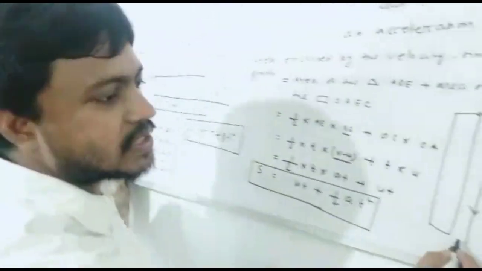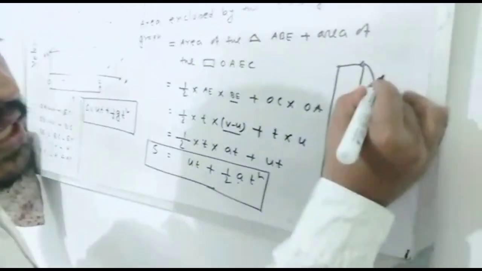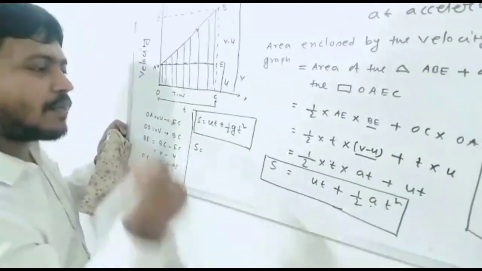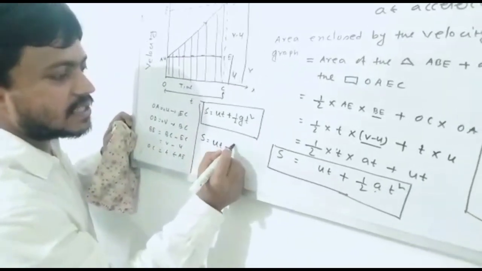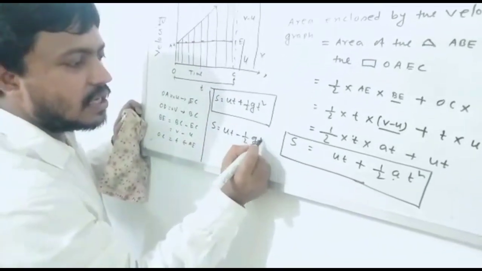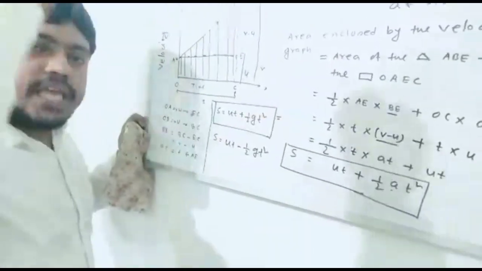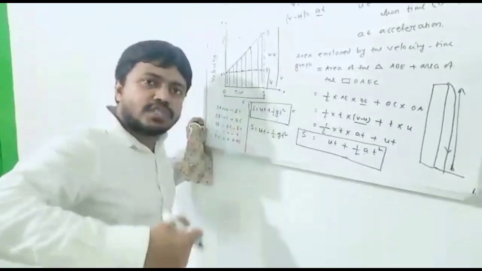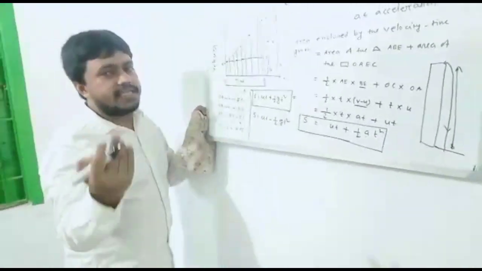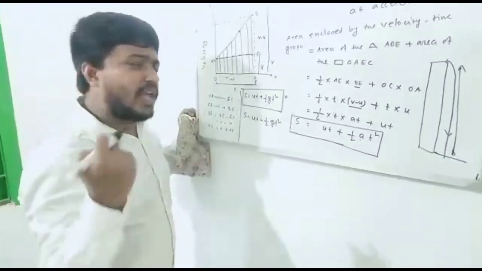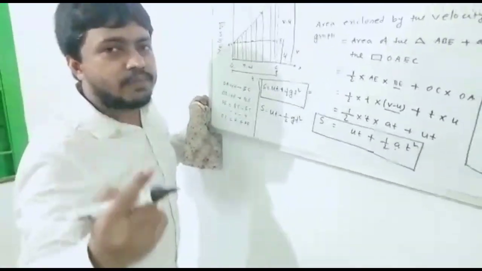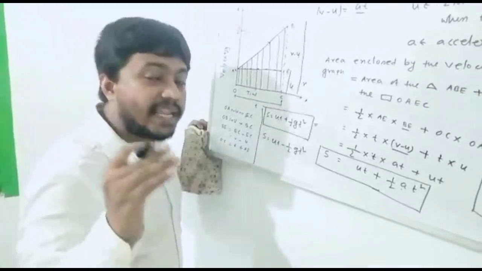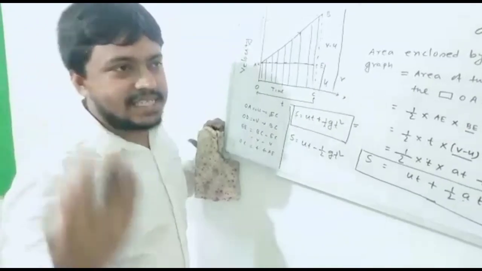And if the motion, suppose you are standing here and you throw the object against gravity, so that time A is taken as negative, then the displacement covered by the body after a time t is equal to minus half g t square. So if the motion occurs towards gravity, that time g is taken as positive. If the motion occurs against gravity, that time A is taken as negative. And the value of g equal to 9.8 meter per second square in the SI system, and the value of g equal to 980 centimeter per second square in the CGS system.